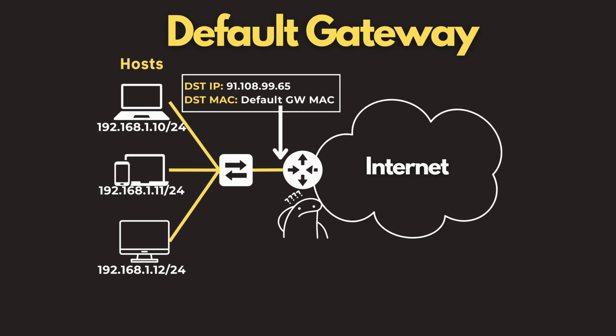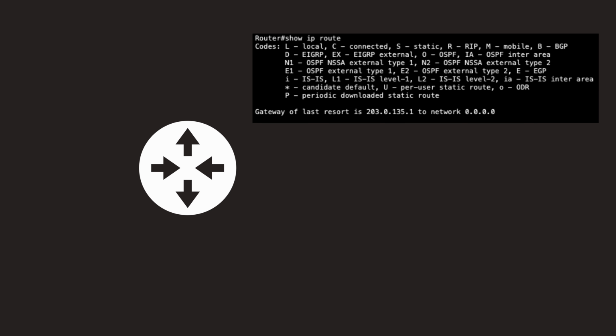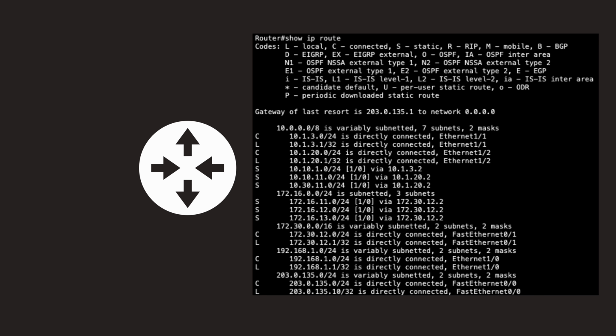That's where the default route comes in. The default route is a router concept. Every router has a routing table with a list of known networks. When a packet arrives, the router looks for the best match. But what if there's no match? Normally, the packet gets dropped. That's why we have the default route,